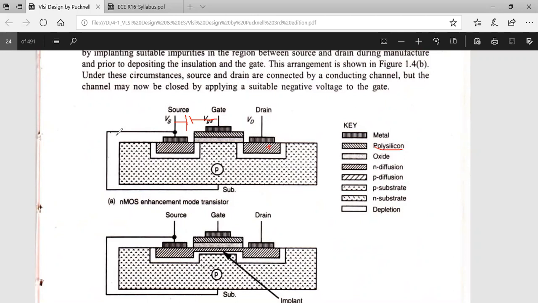What happens is, when I start giving some positive voltage, some positive charge will be formed on the gate material. Initially it is very low. So the electrons which are present nearby will be attracted under the gate. The electrons will be attracted under the gate, and then I further increase my input positive voltage, and then what happens is